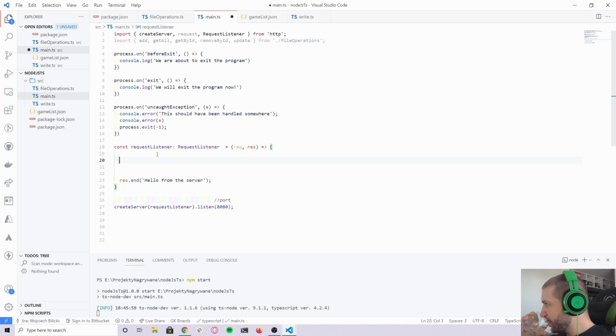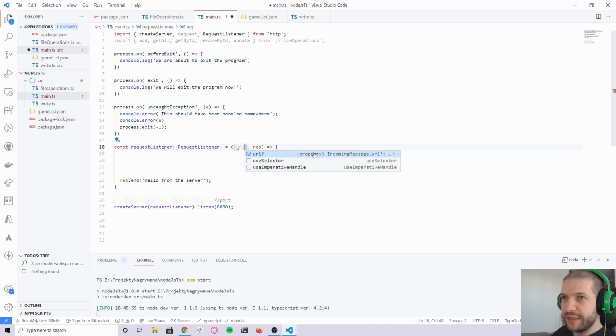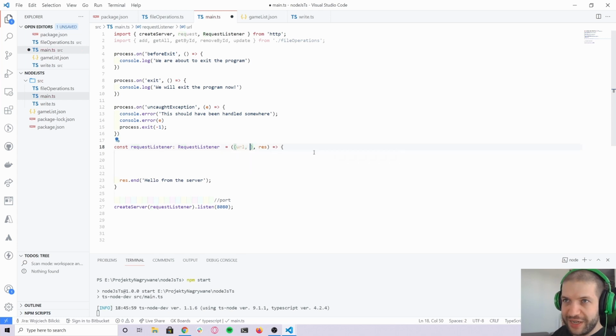So there are a few things that I would like to check on the request object. And that's going to be the URL, so the address, the location that I mentioned, and the method of the HTTP request. So that's going to be get, post, put, delete, and so on. And then we have the